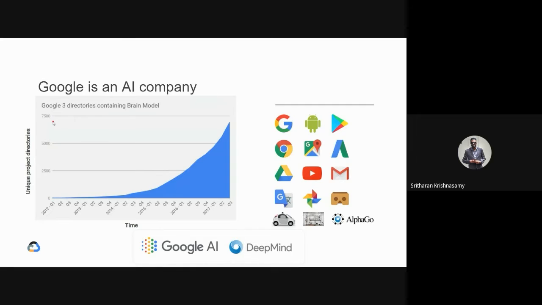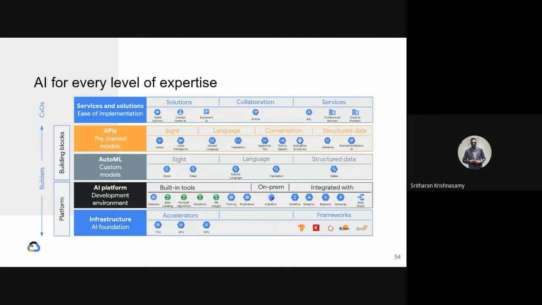Google is an AI company. So we have all the AI features already embedded in our solution, currently running in terms of Google Search, Android, Chrome browser, Maps, and everything, right? So if you look at the portfolio of AI, we have almost everything covered in terms of solution, collaboration, services,